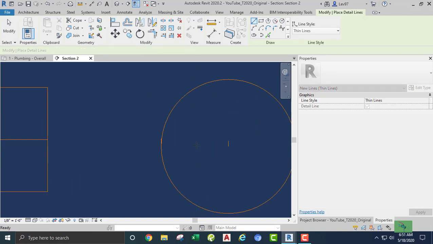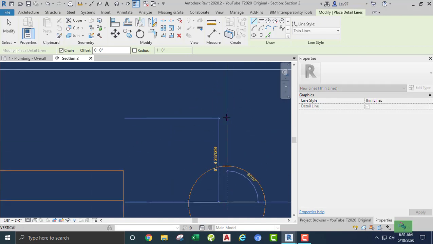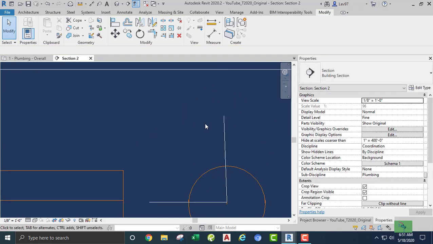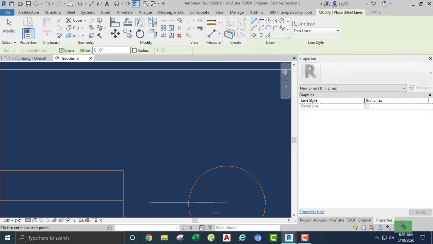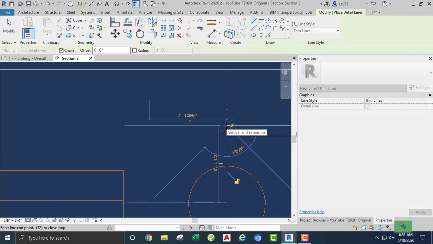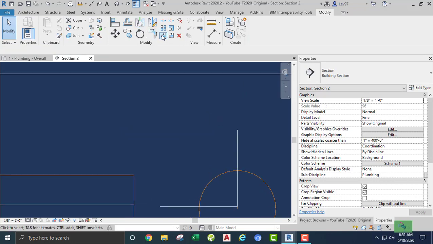Just draw a detail line or construction line here, escape, go back here. It only takes you a couple of seconds. I'm going to type DL again so we can go here, make sure it's straight, okay,